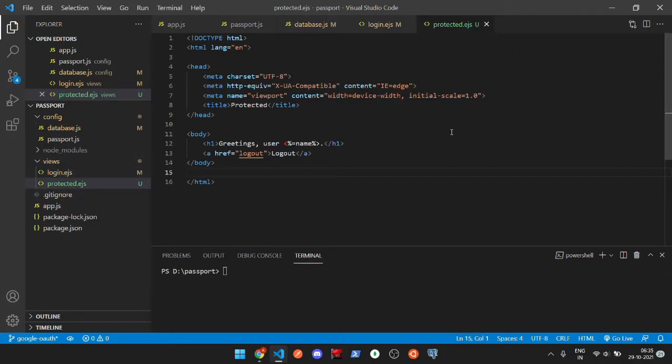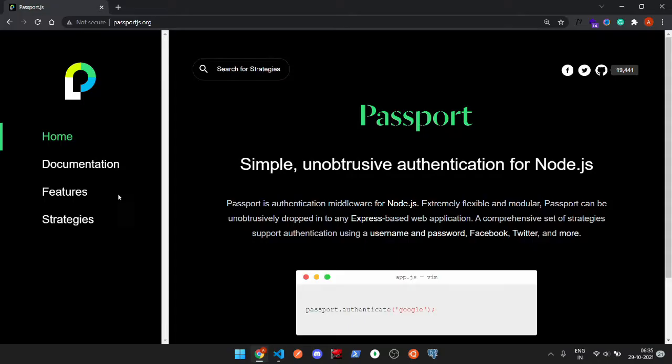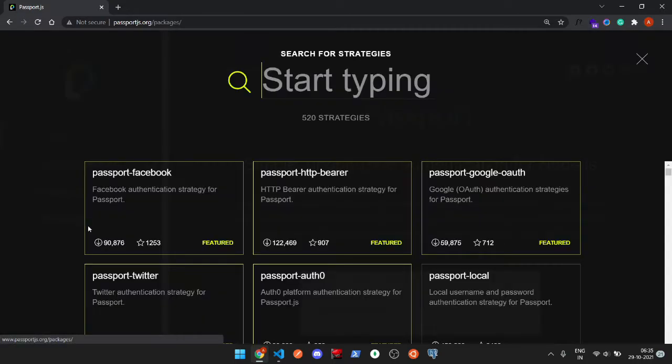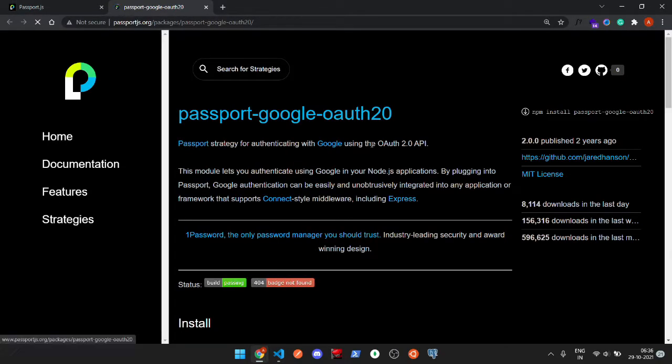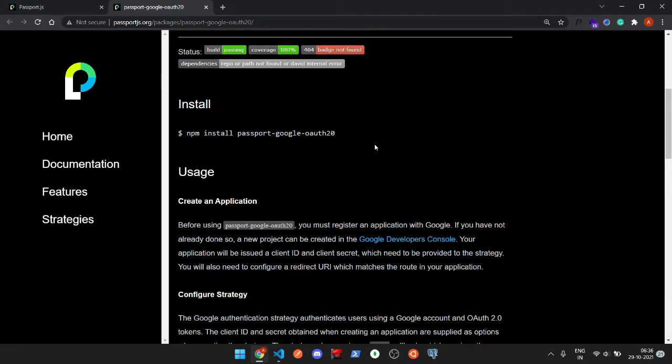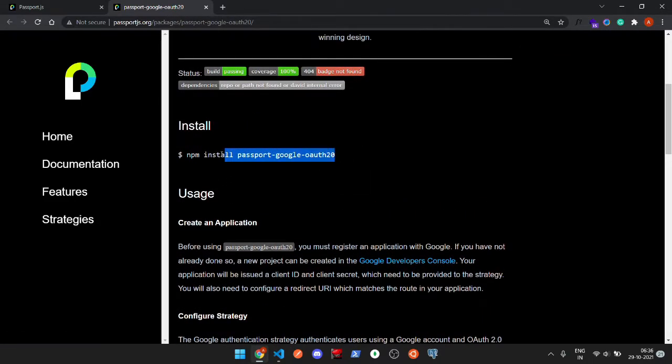Now we'll take a look at the Google OAuth implementation in Passport's documentation. You can come to the strategy section and you'll find this strategy, the OAuth 2.0 strategy. So you can click on this. We first need to install this, so I'll just copy this string.